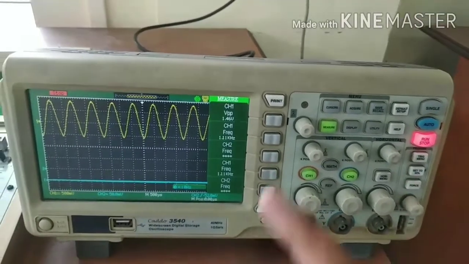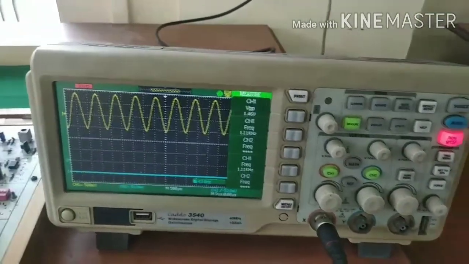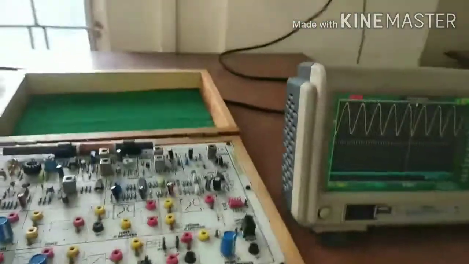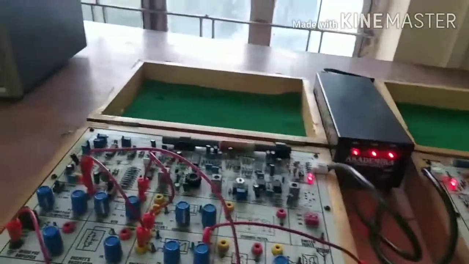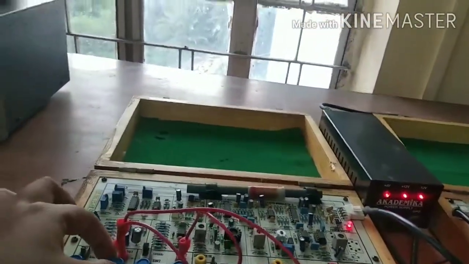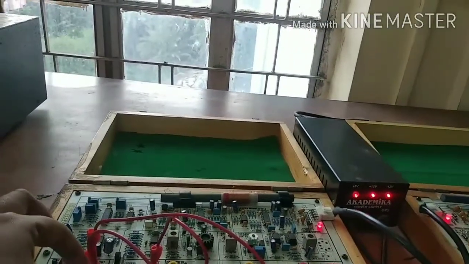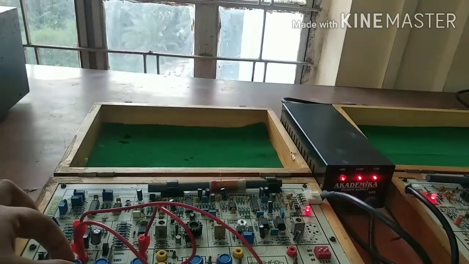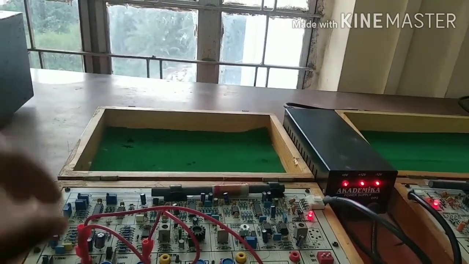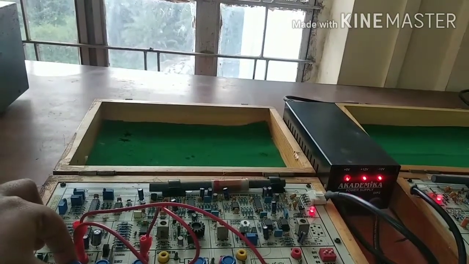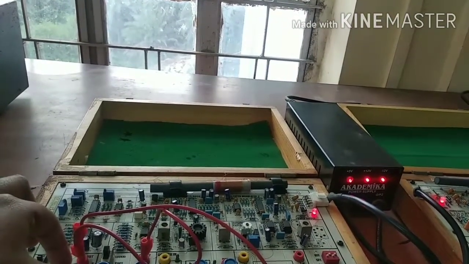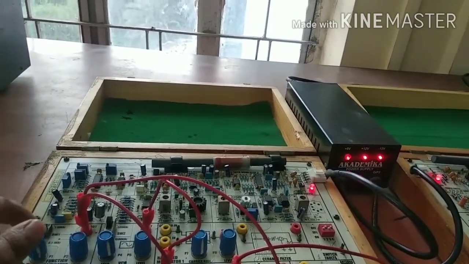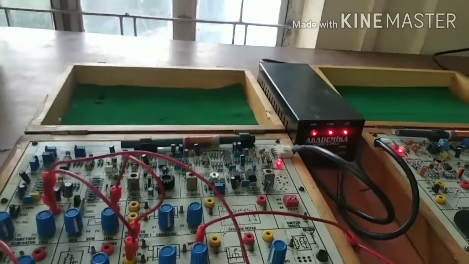There is a measurement you can note down, but the amplitude has increased, so I need to decrease the amplitude by changing this knob. Now I set the amplitude. It should be set at 0.5 volt, and the frequency fixed at 1 kHz.